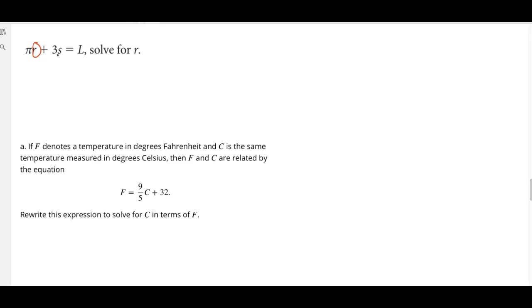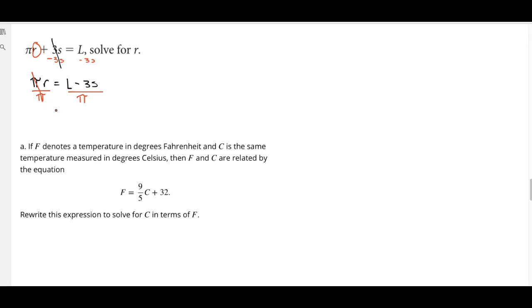And I'm going to have to get it by itself. It's on the left already, and it's on top, so we don't have to worry about that. So what I want to do is subtract this 3s from both sides first, and I'm going to get pi r equals, and the 3s cancels out, equals L minus 3s. So it's always important that you do the addition and subtraction first, and then you do what's multiplied to the r. Because now what we're going to do is divide everything by pi,